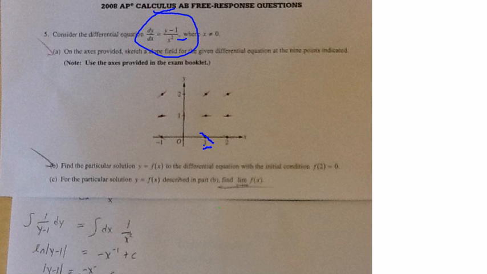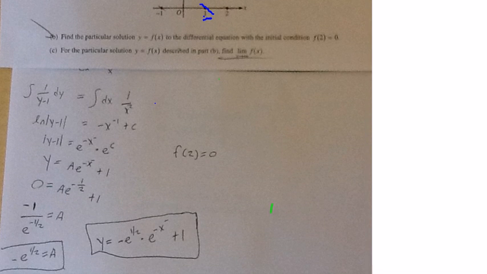It says, find the particular solution y equals f of x to the differential equation with the initial condition f of 2 equals 0. So whenever they tell you to find a particular solution, it screams out separable equations. As with separable equations, you multiply over dx and the 1 over x squared, and you also divide by y minus 1. So you have the integral of 1 over y minus 1 dy equals the integral of dx times 1